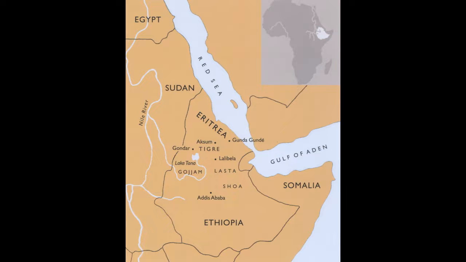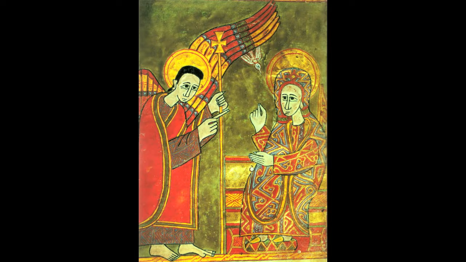Christianity in Ethiopia extends back to the 4th century. Around the year 324, King Ezana converted to Christianity and made the Orthodox faith the official religion of his realm. In fact, Christianity was officially embraced in the Ethiopian capital of Aksum before it was officially endorsed in either Rome or Constantinople. Works of art, such as this illuminated manuscript, testify to the perseverance and continuity of the Ethiopian Orthodox Church over 2 millennia.